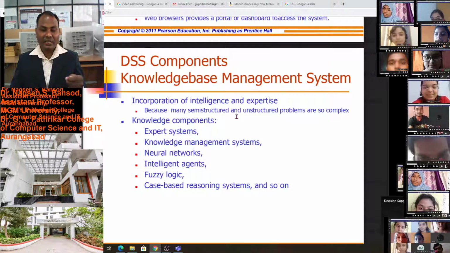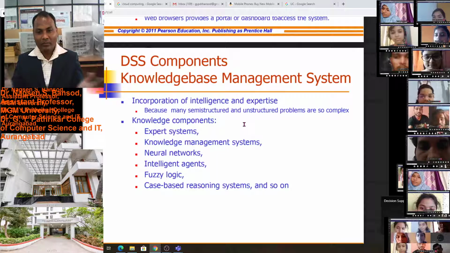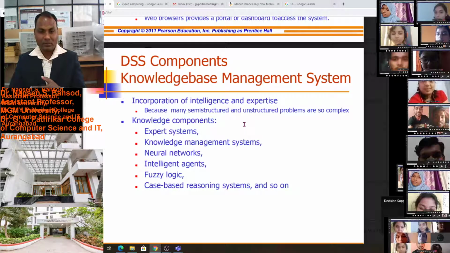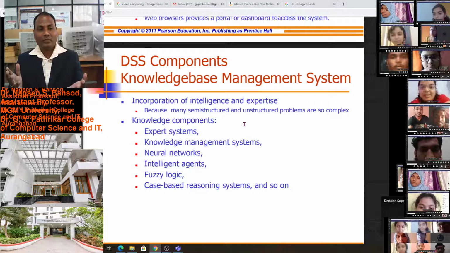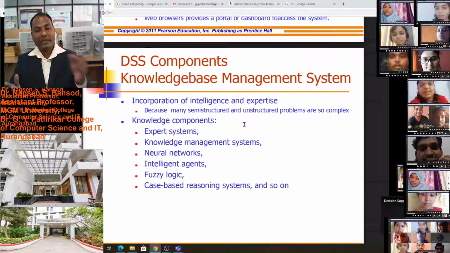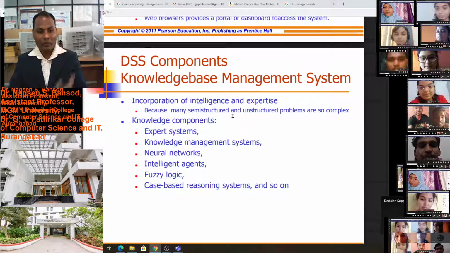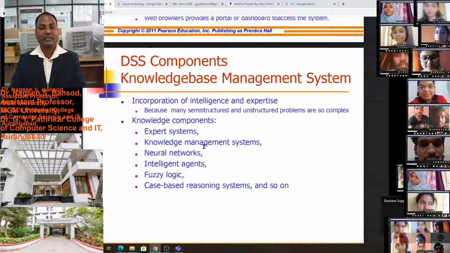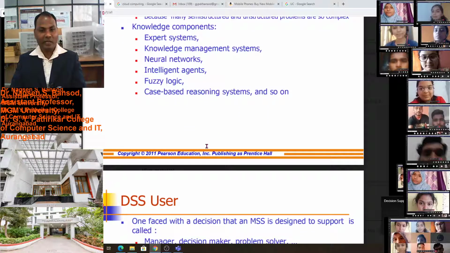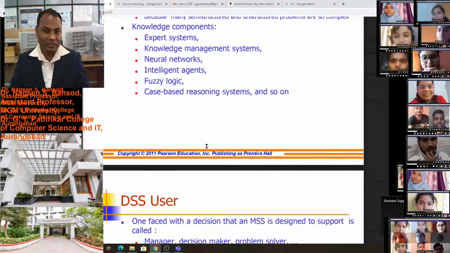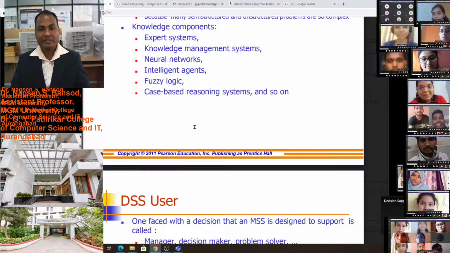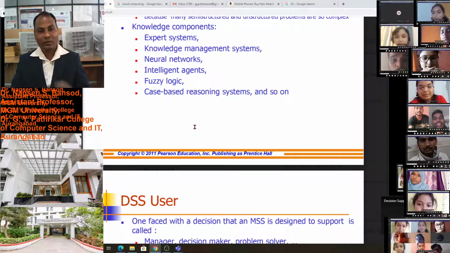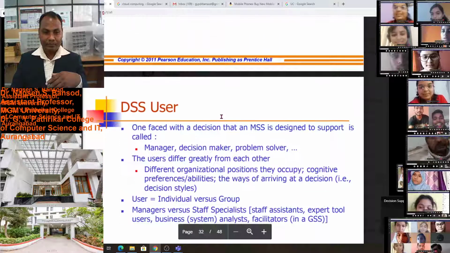But semi-structured and unstructured organizations are very big and have very complicated requirements, and to manage all their requirements we have to use the knowledge based management system, which consists of expert system, knowledge management system, neural network, intelligence, fuzzy logic, case based reasoning system, and so on.